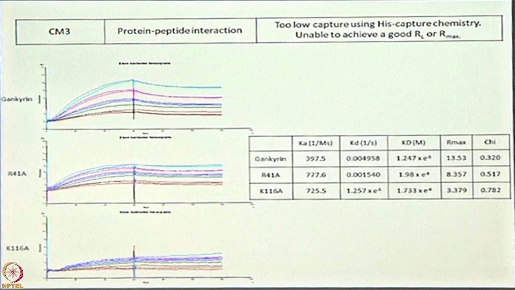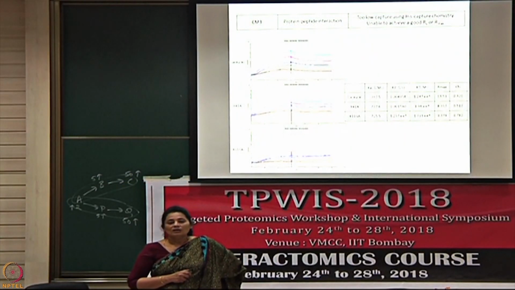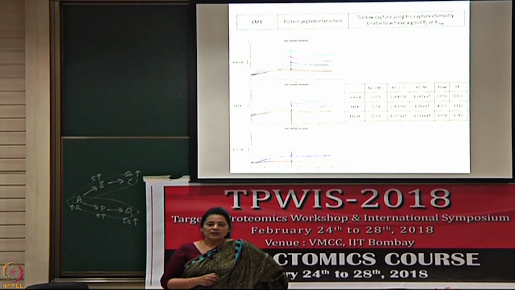We do not understand this. I am showing you what the graph values are, but we do not understand this. Yeah, we are trying to interpret this as to what may be the problem, and definitely we are not happy, because if you look at it, it's not very clear to you from here. We are achieving up to 15 RUs on the binding, which is not very good, and we are not